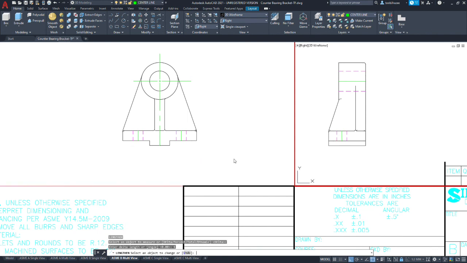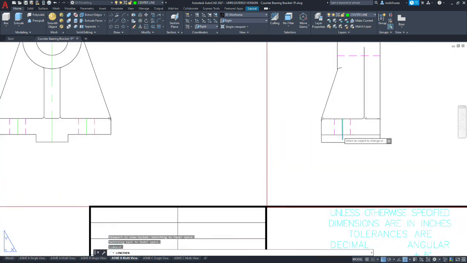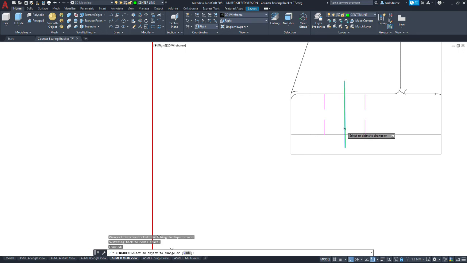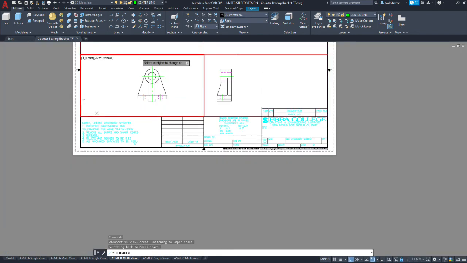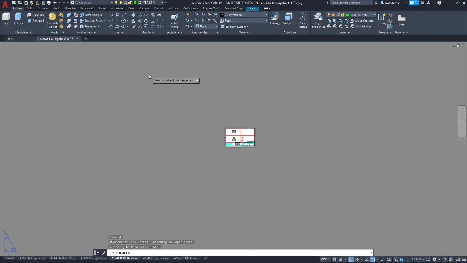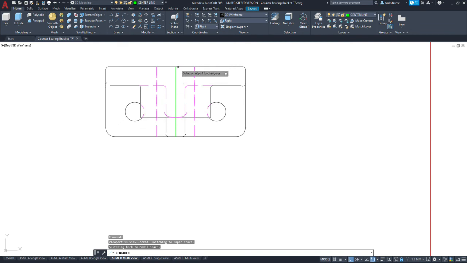Then we pick on the things we want to extend by 6 millimeters. Our circles as well.